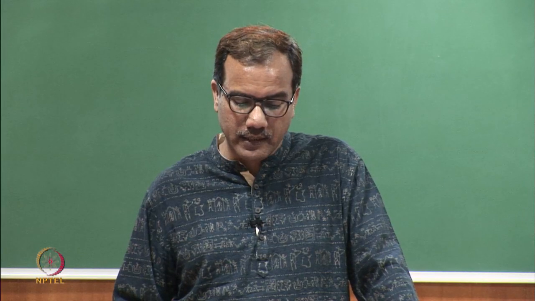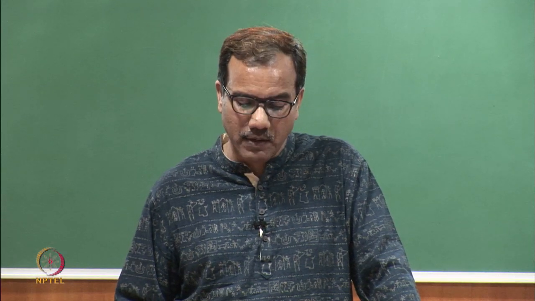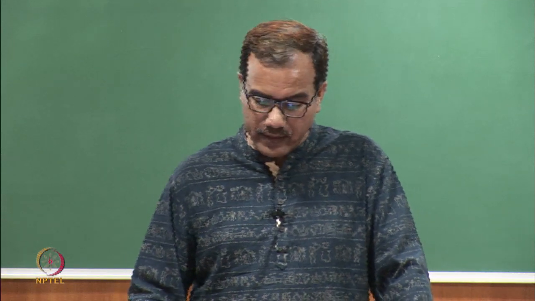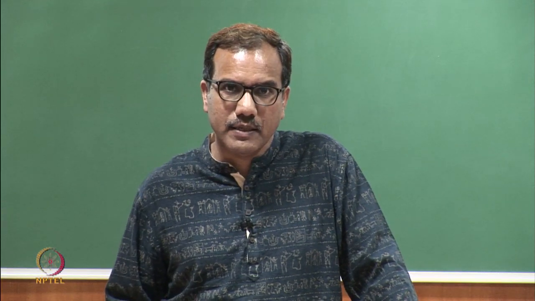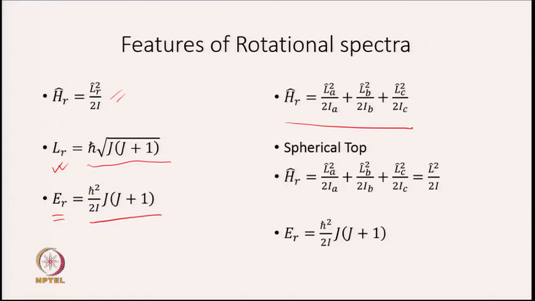For other kinds of molecules, we can similarly obtain the angular momentum and energy. The Hamiltonian can be expressed in this formula, where in this molecule IA, IB and IC are different, and so you have a formula with the Hamiltonian in axis A, the Hamiltonian in axis B and the Hamiltonian in axis C. So, your Hamiltonian will be the sum of these three parts.